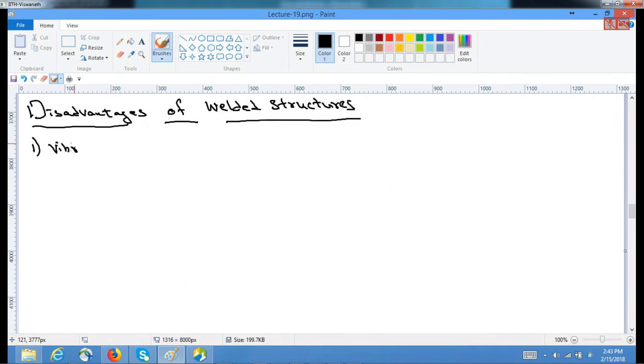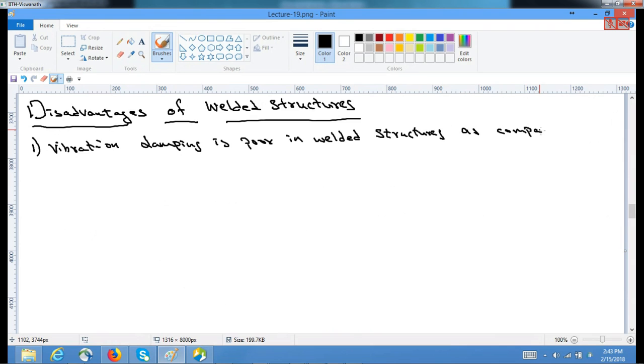So vibration damping is poor in welded structures as compared to